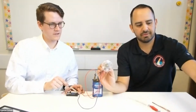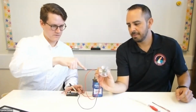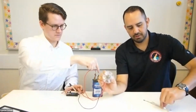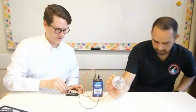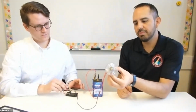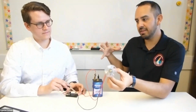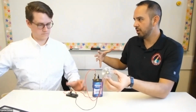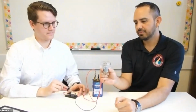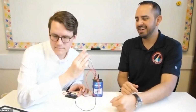All right, so it's off, on, off, on, off. This red wire runs to here. Black wire runs to here. And so we have an electric motor being turned on and off. That big version that we just saw on the board is condensed into this little electric motor. That's great. And these electric motors can be turned into,